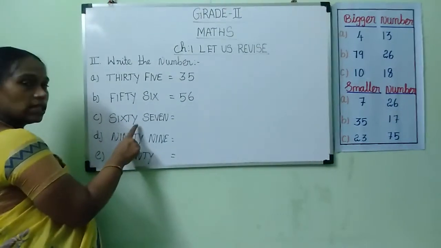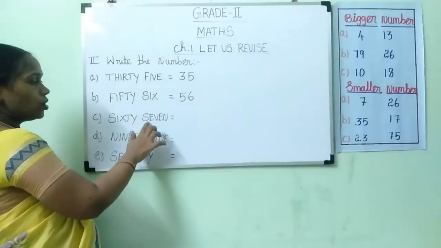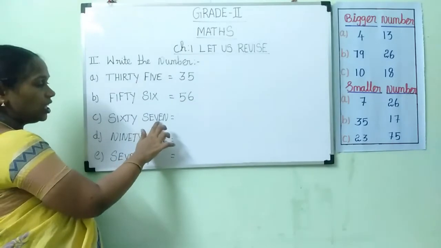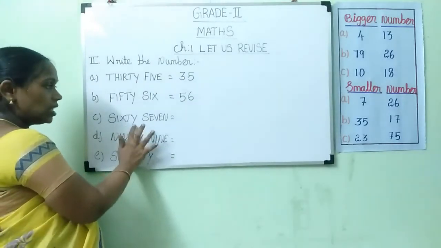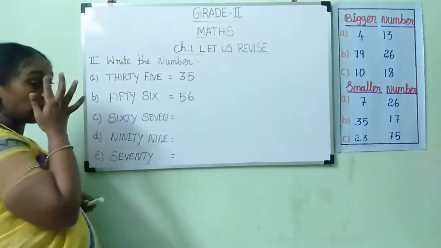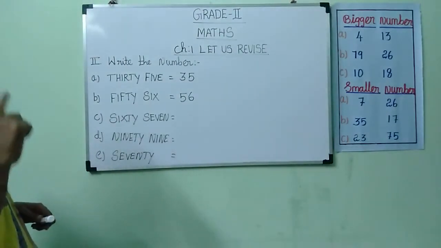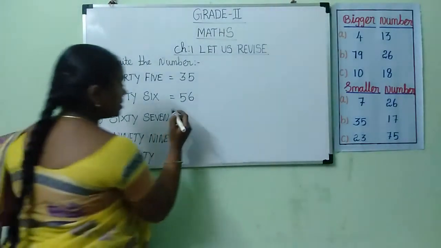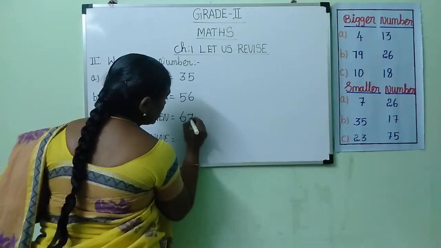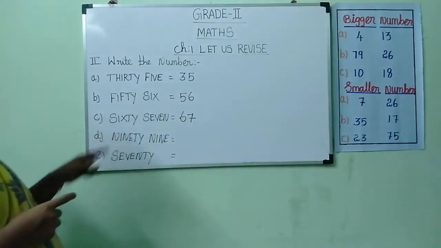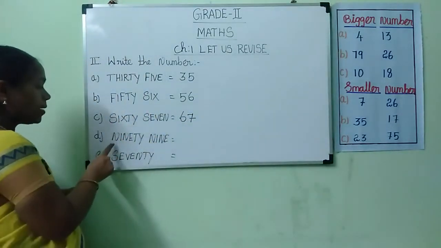Sixty. What is this? 60. Seven. 67. How to write 67? 6, 7, 67. Are you clear, children? The next one,